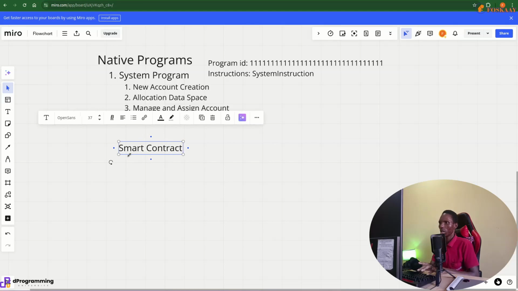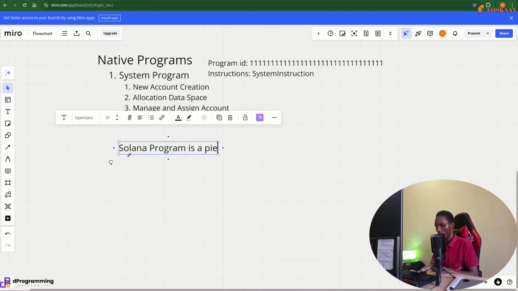But Solana is a bit deeper than that, so I will not just say smart contract. Instead, let's say program, or Solana program,